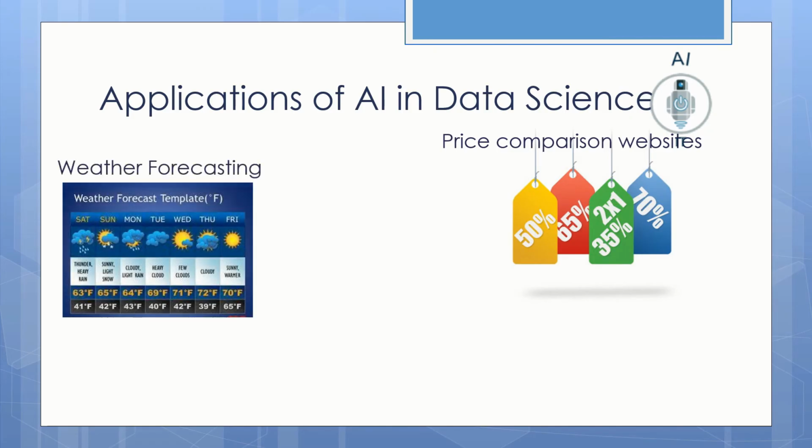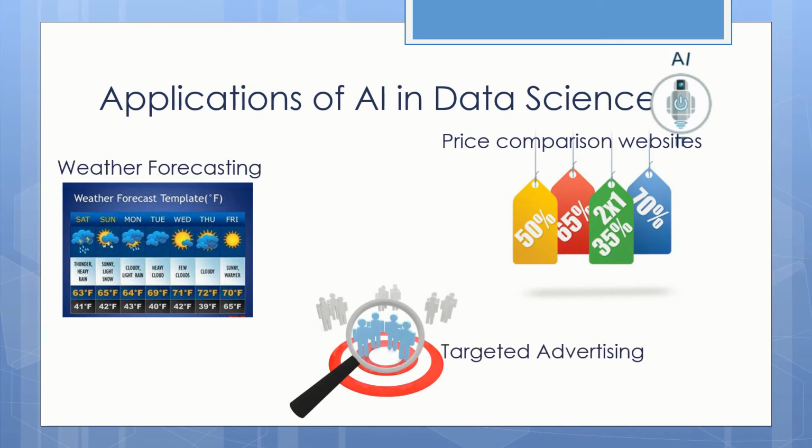The second example is weather forecasting. The weather can be accurately predicted by taking the input from satellites and then transforming them into images. The third example is targeted advertising. All of us have experienced that moment when an advertisement of something we recently searched pops up in YouTube or Facebook, isn't it? Now this is done by monitoring our online behaviors, and that is called targeted advertising.